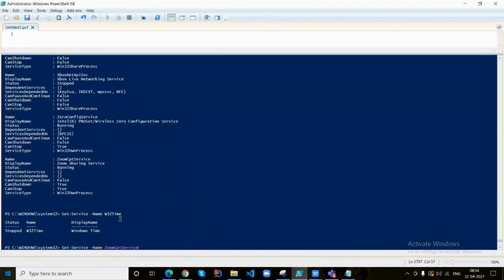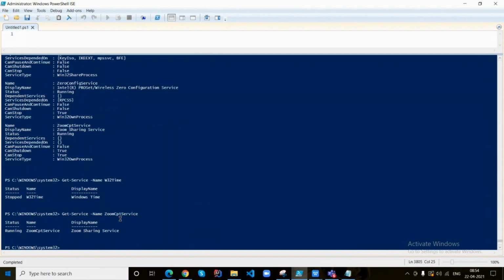Yeah, we're getting the information of the service: the service is in running state, the name of the service is Zoom CPT service, and the display name is the same.